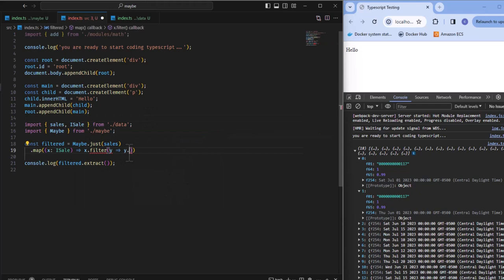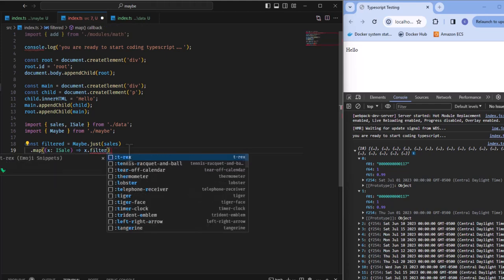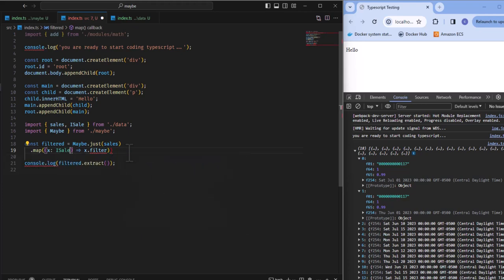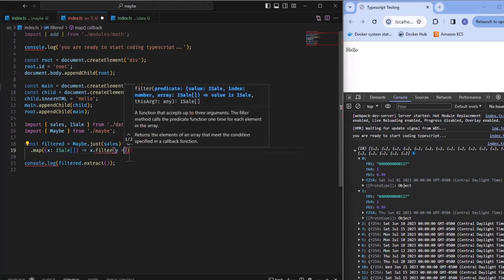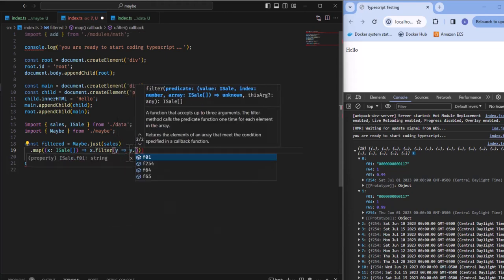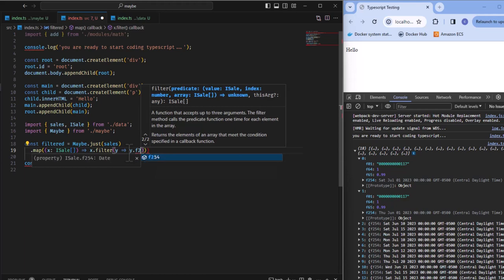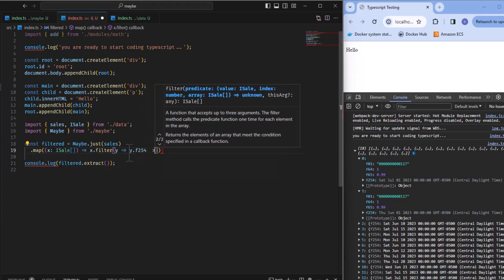And now if we say x dot filter. It looks weird. Oh wait, this needs to be an array. Sorry. There's our IntelliSense. So F254 is greater than or equal to